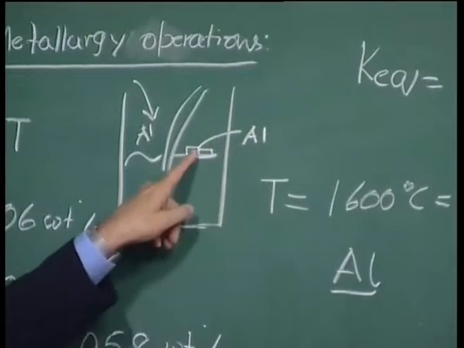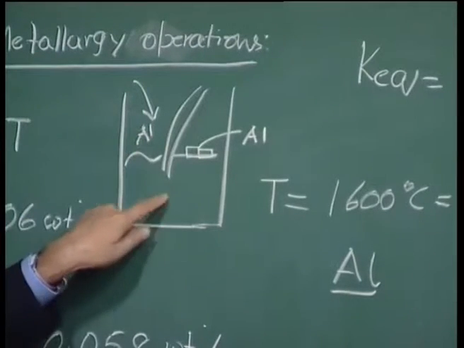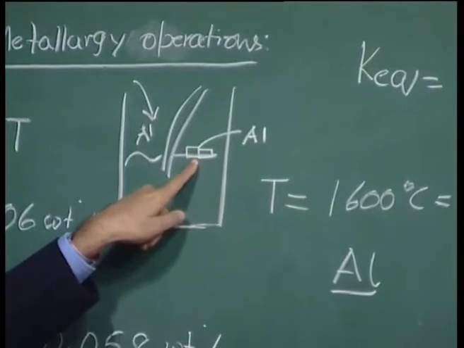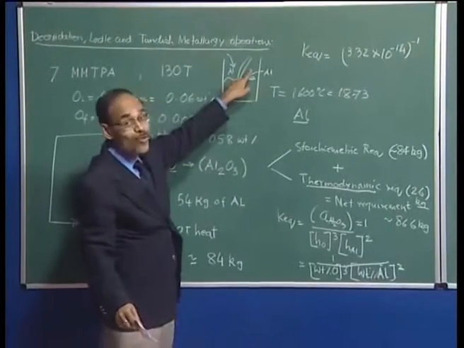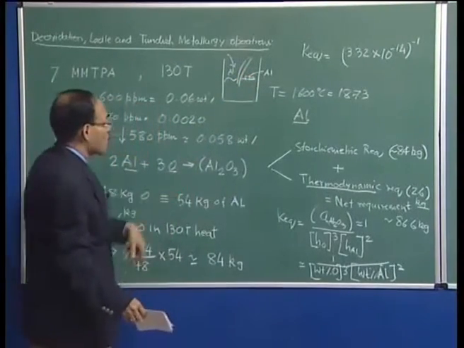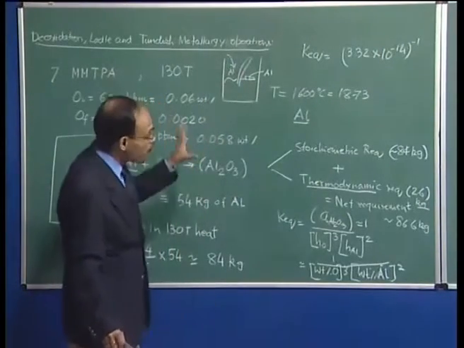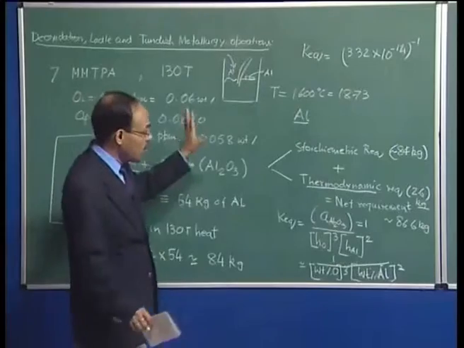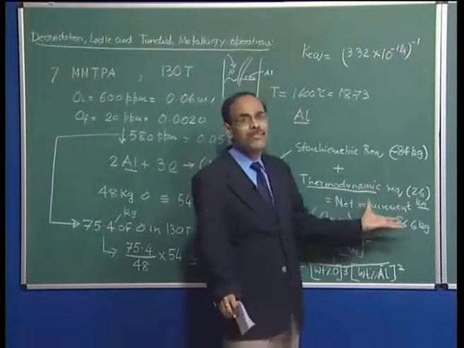So the deoxidizer aluminum, which is added through the chute into the melt, is going to come to the free surface because of its lesser density, and as a result, a part of this aluminum is going to be reacting with the atmosphere as it melts and dissolves into the molten steel bath in order to react with dissolved oxygen. So it is understood that we have to add more aluminum than is dictated. This is the requirement of the process.